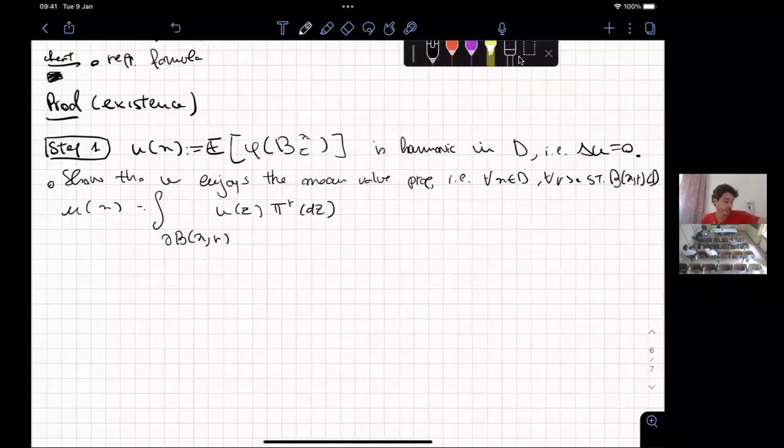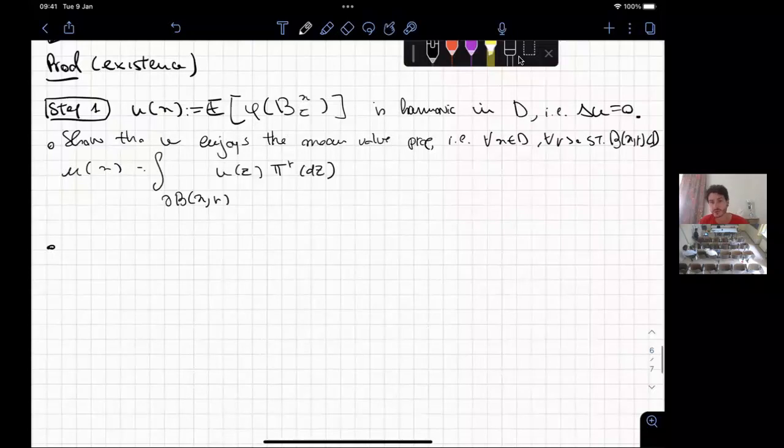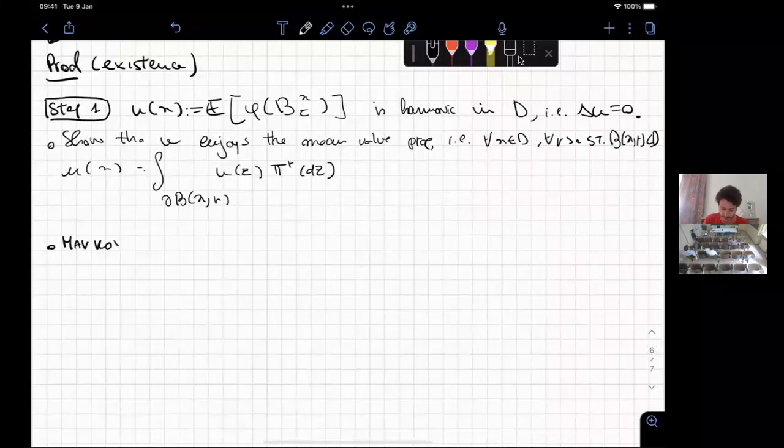Okay, now to do this, the main ingredient, which is actually the only thing that basically lets things work and is the key point of Brownian motion and this kind of theory, which is called potential theory at the end, is the Markov property. Markov property of B, which is a sort of flow property,